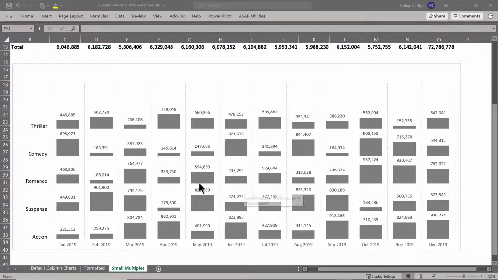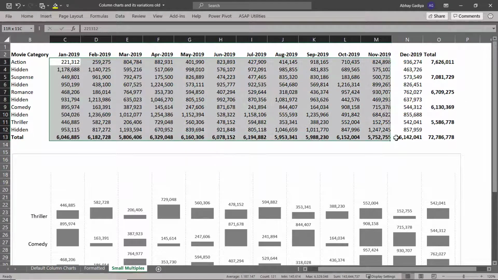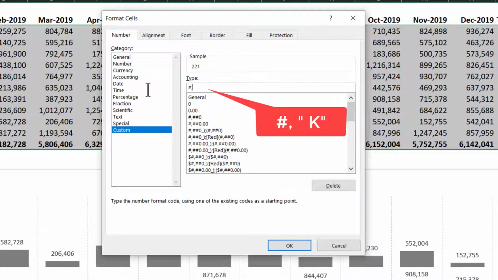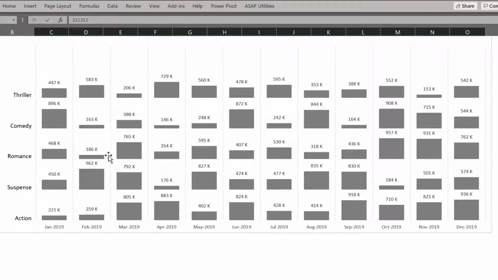Now here you can see that in this chart I have applied the data labels properly for each of the categories. So these numbers which are getting displayed are the actual sales. Now the next step is to convert this into proper formatting. Since all the data labels are linked to these particular cells, I will have to make changes in this data set only. So I'm selecting this entire data, pressing Ctrl 1, then going to Custom, and instead of this, let us put this kind of format, with a space and K. This is fine, and your data labels will look something like this. Let us press OK, and immediately you can see that all our data labels are getting displayed in thousands.